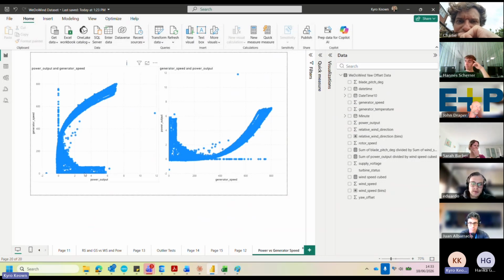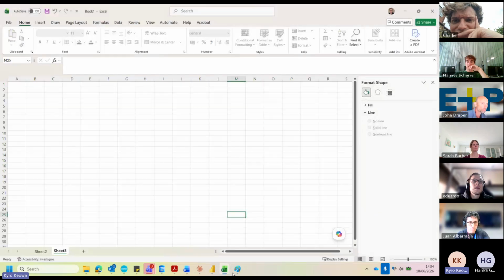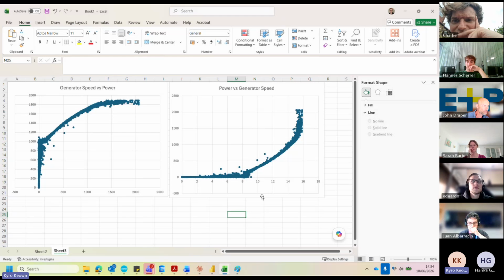Either way, as you can see here, power output is up to nearly 6 kilowatts, which is just below rated capacity, associated with generator speeds of only 57, when at that power output the generator should be turning at 700 RPM. And just to further illustrate, this is what those graphs look like on a normal